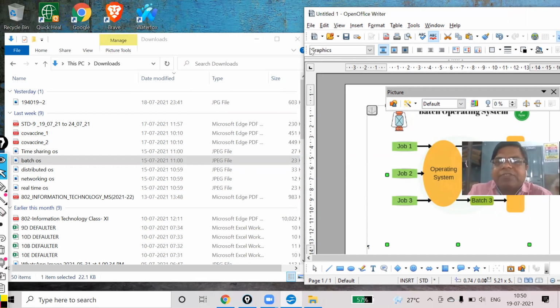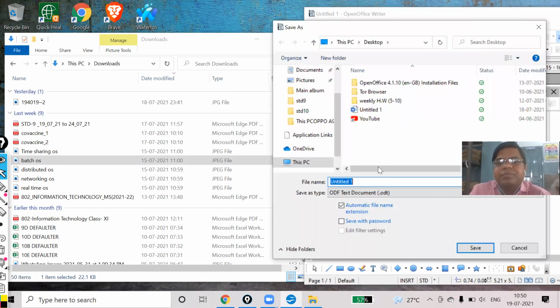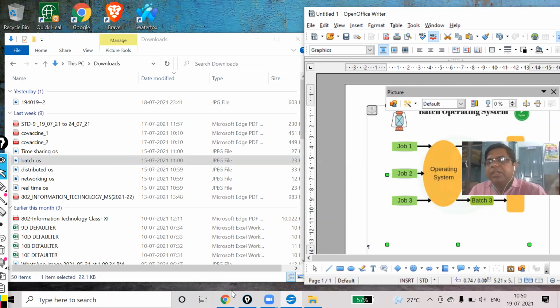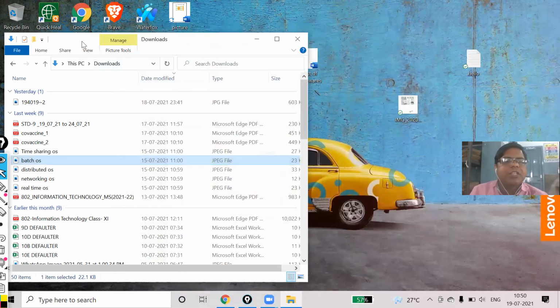Okay, now I'm going to show you. First, let me save this file. File, save, give the name of the document as picture. And then save. Now, let me close the OpenOffice and I will show you where is my picture.